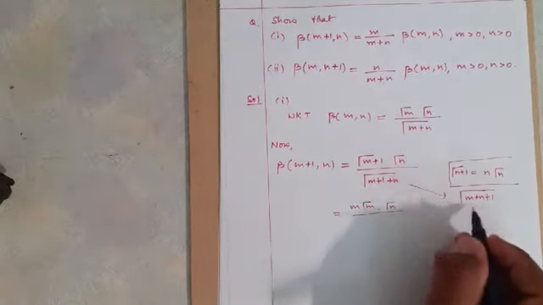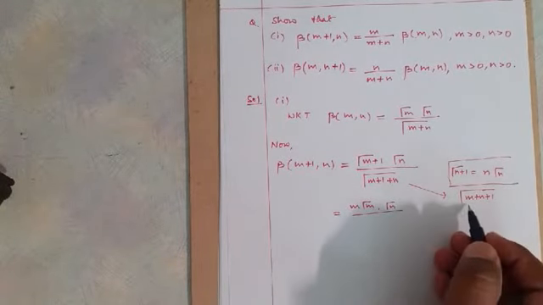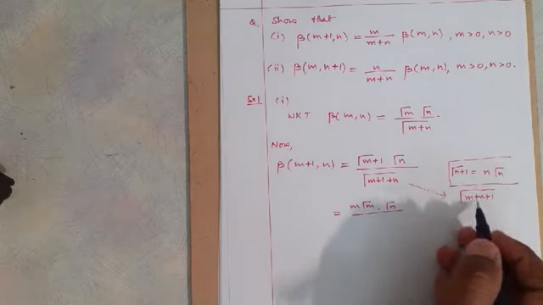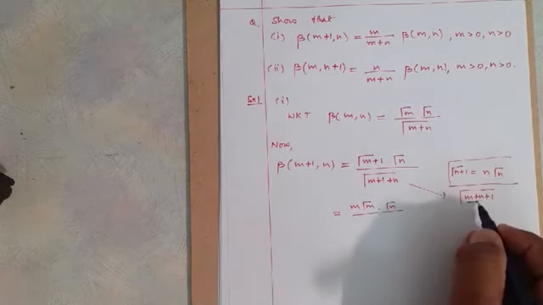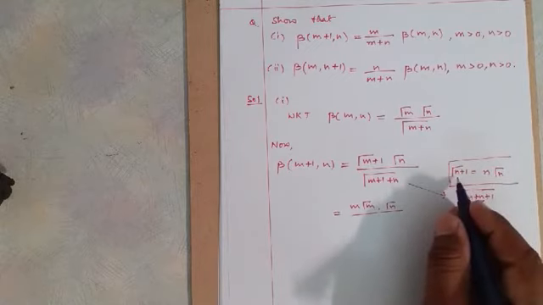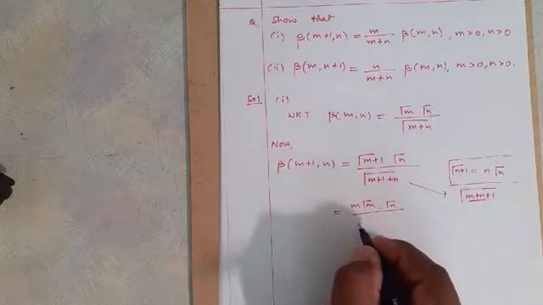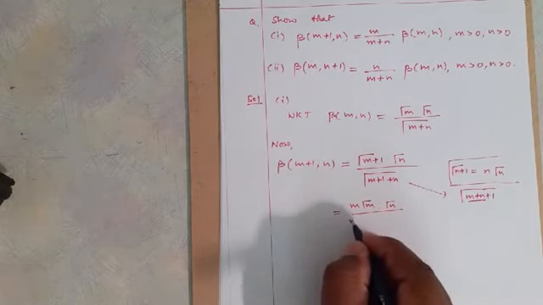This can be written as gamma m plus n plus 1. So when you have this, again we can use the same property, taking m plus n as the variable. So I write here, that is nothing but m plus n